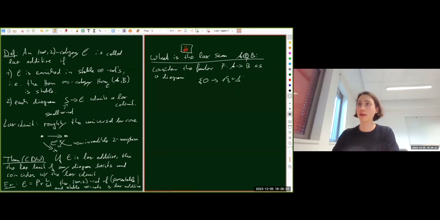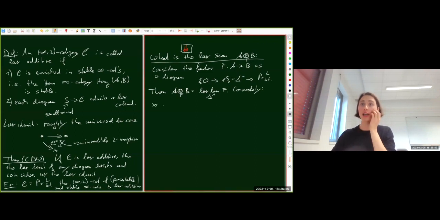This is the one simplex, if you know this language, into this category of infinity categories mentioned above. And then A plus_f B is the lax limit of f. And concretely, this means